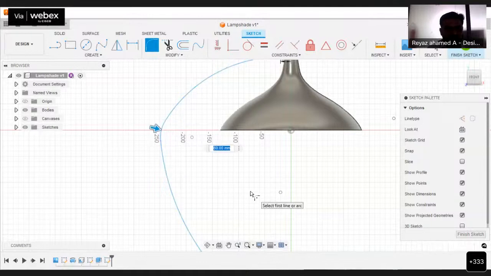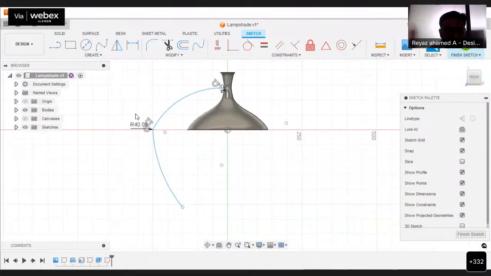Now it has to specify the radius. By default it was 60. Let it be 60 or 40, whatever it may be, based upon your requirement. Now I have changed that 60 into 40. Type 40 and then enter. Automatically that particular dimension has been applied here.